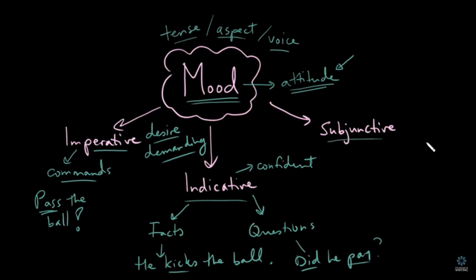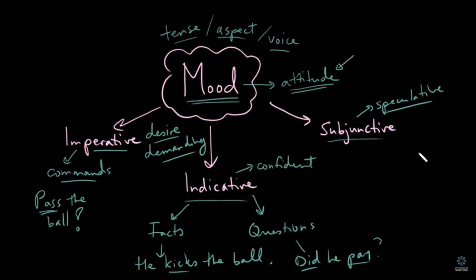Then the last one is the subjunctive. And this one is the hardest. And it is hard to describe the mood here. I suppose you could say the mood is a little bit more speculative. Maybe that's a good word for it,